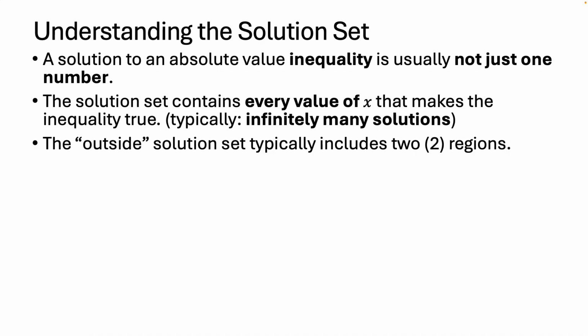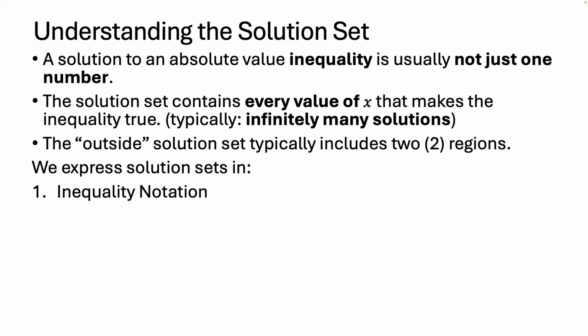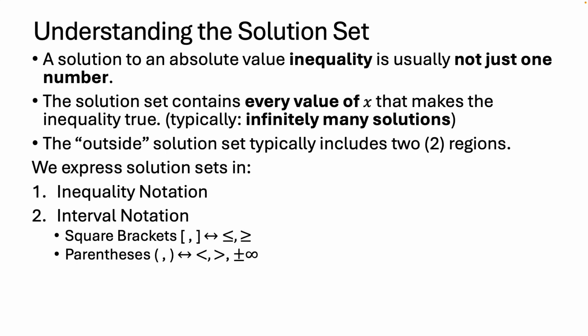Because inequalities have an infinite number of solutions, in math, we have several ways that we express the solution set. We will express the solution set using inequality notation, interval notation. Remember when you're using interval notation that we use square brackets to denote when an endpoint is included, and these typically correspond to the inequalities less than or equal to or greater than or equal to. And we use round parentheses to represent when a value is excluded. These are usually associated with the inequalities less than, greater than, and positive and negative infinity always receive round parentheses